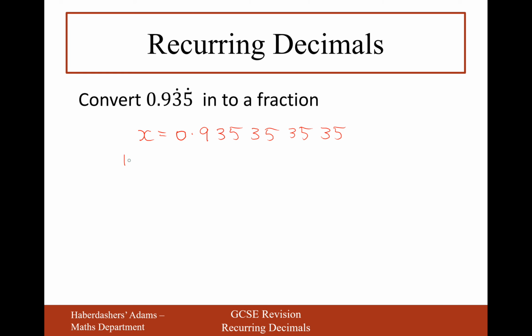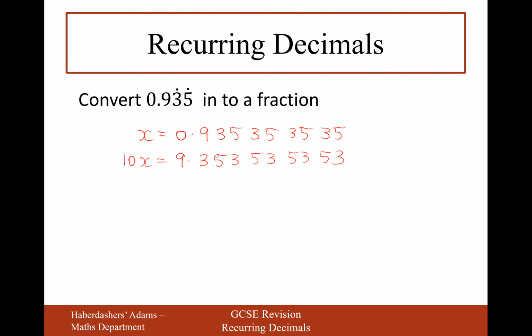So I'll multiply up by 10, and that's going to give me 9.35353535. Now, none of these decimals are cancelling each other out,